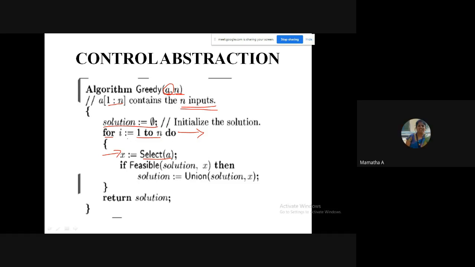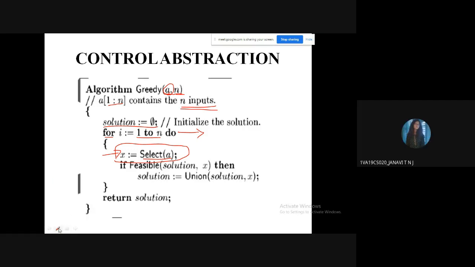So you will go to each and every counter of that particular item wherever it is present, one by one, right? So how many times will you go? 10 times to different counters. So for i equals 1 to n, tell me, what is this line doing for me? X equals select of A.